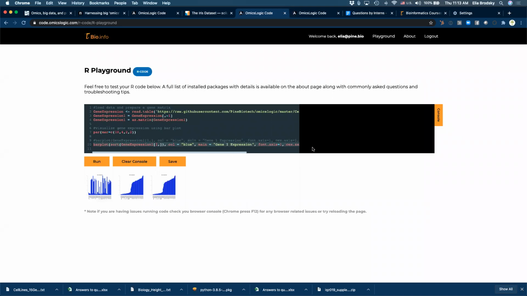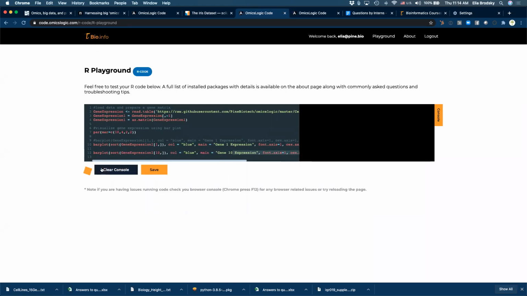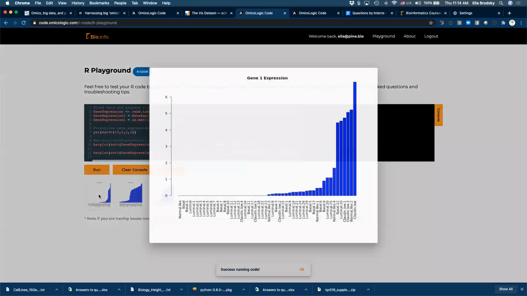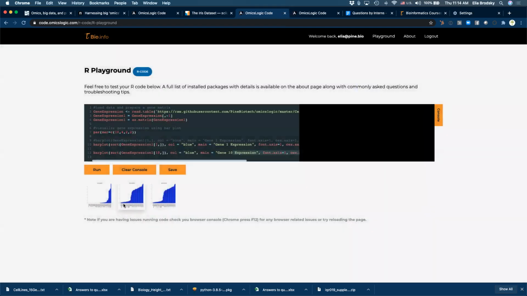So let's just compare the two. We're going to do it one time for gene 1 and one time for gene 10. So this is gene 1 expression, and this is gene 10 expression.